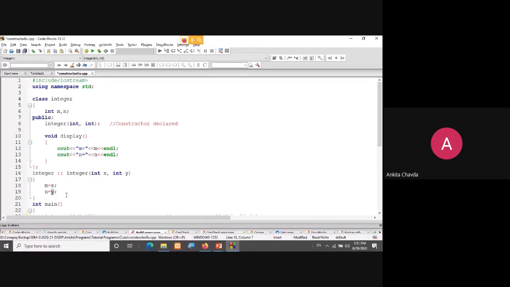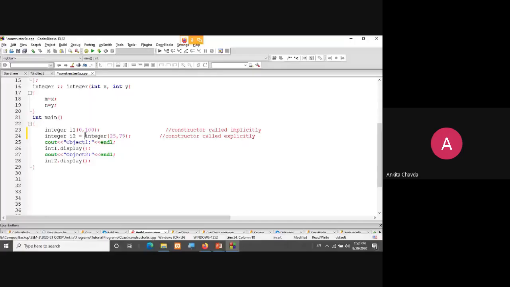So I have passed 0 and 100, so 0 and 100 will be in m and n respectively. And here I have shown you the second use, that is, the explicit way you can write it: Integer I2 is equal to Integer(25, 75). So for my second object, the values for m and n, 25 and 75, will be initialized.